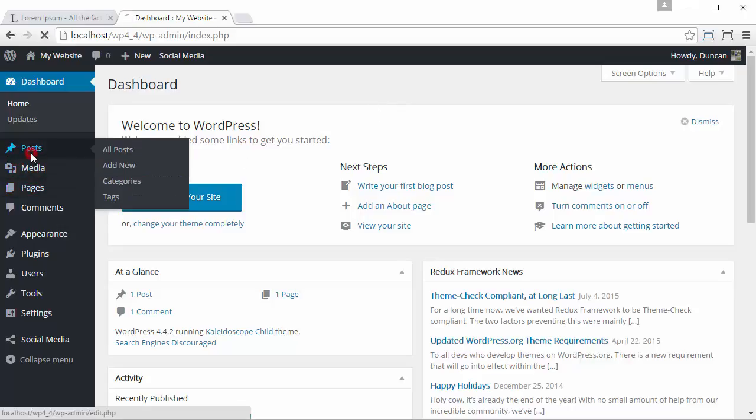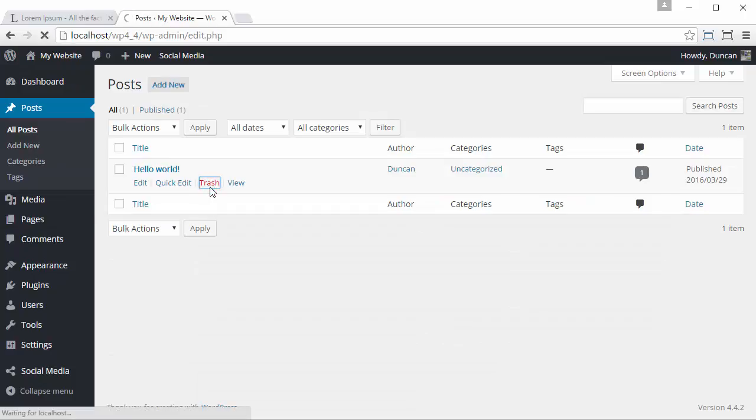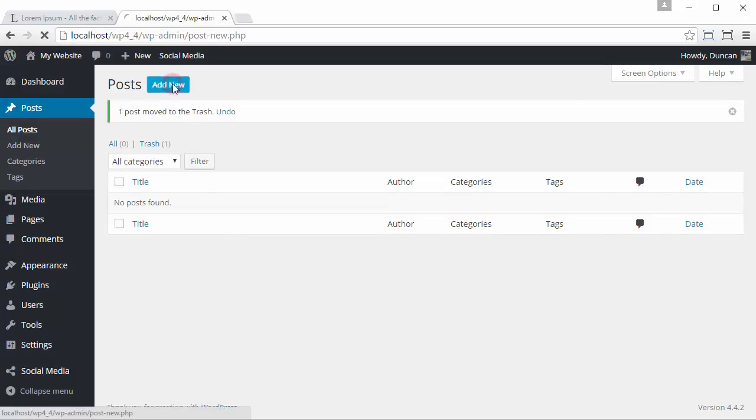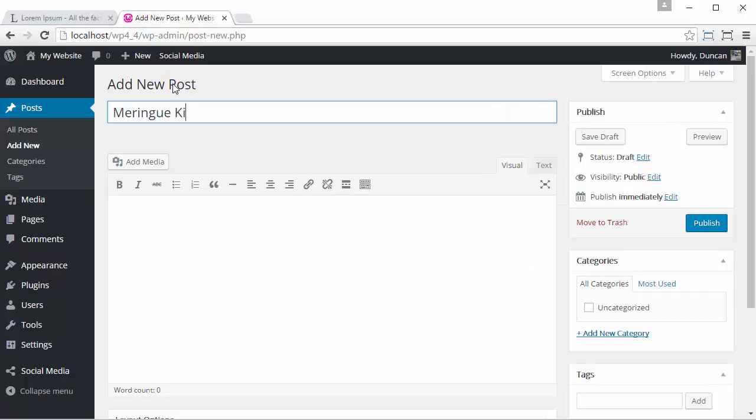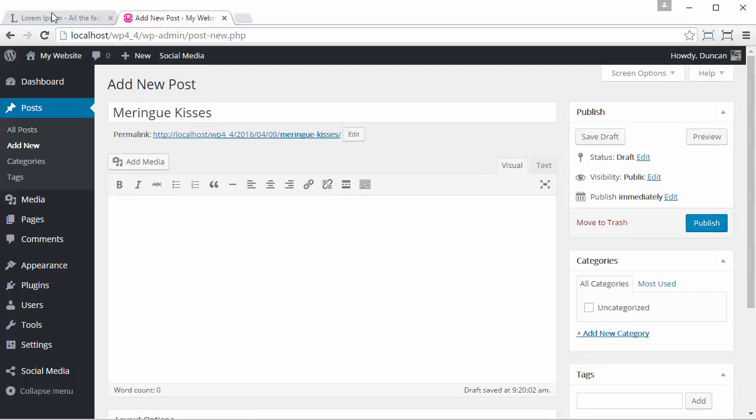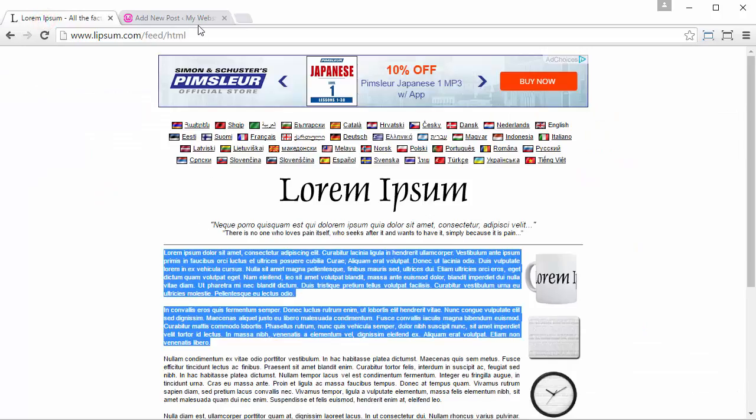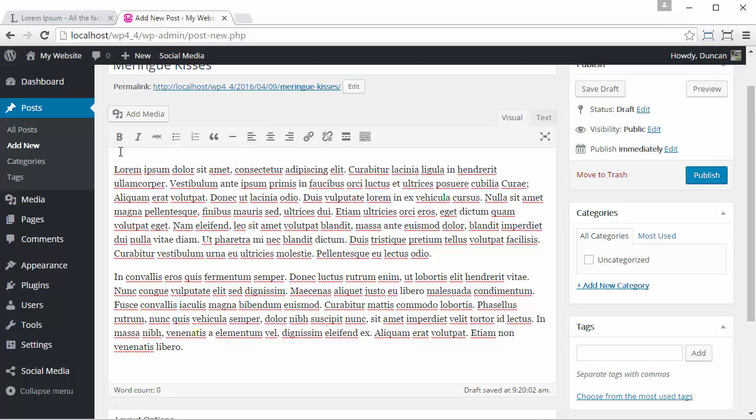We'll start by trashing the Hello World post that's already there, and we'll be creating our own post. In this case, it's a cooking blog, so we're going to create a meringue kisses post. Now, what we're doing here is going to a website called Lorem Ipsum, just as a way of getting some sample content to put in our posts. Lorem Ipsum is a placeholder that people commonly use in design agencies and things like that, that just gives you some paragraphs of text without you actually having to come up with the text, and that will suit our purpose perfectly for this example. So we paste our Lorem Ipsum in,